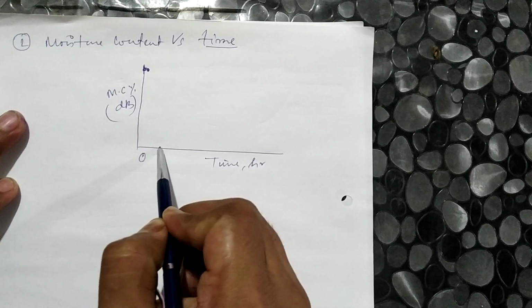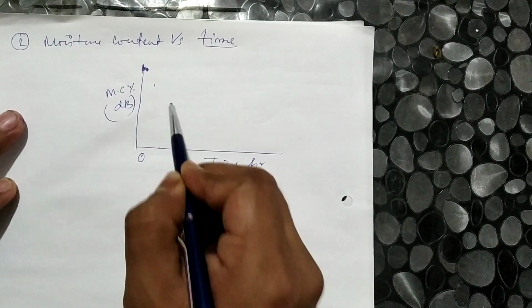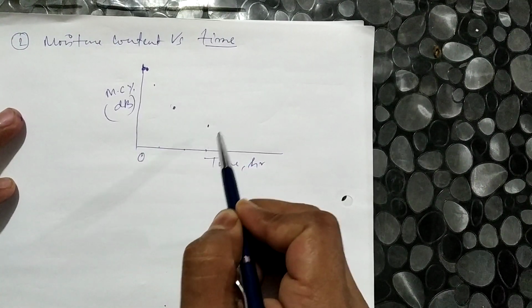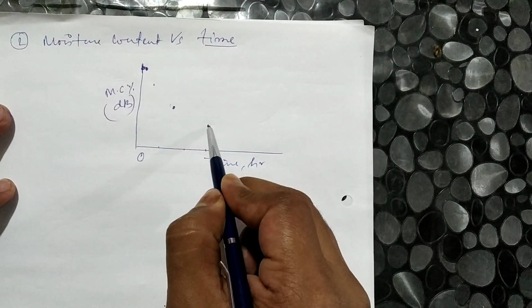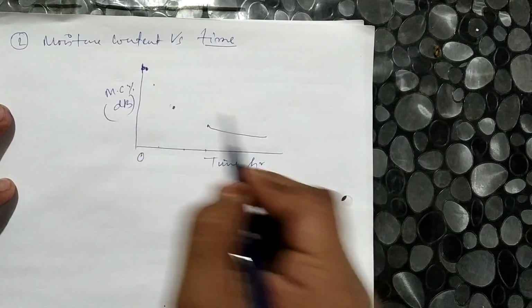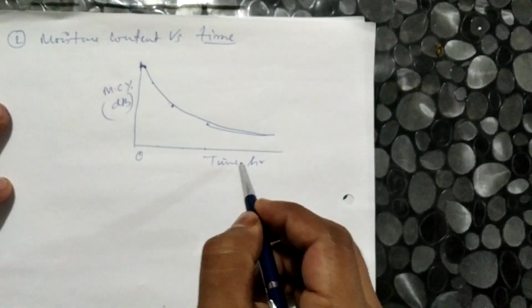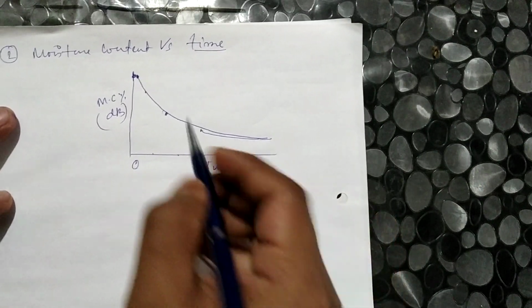After some time of drying, moisture will be removed. Okay, after that another removal is there. Then after attaining some temperature, a very small amount of moisture will be removed, and it behaves like almost constant. There will be no further change. Okay, once you increase the temperature, there will be no further changes.